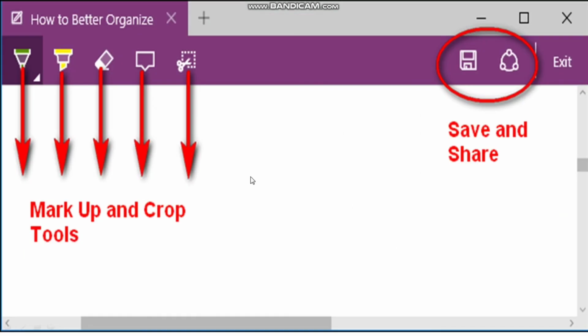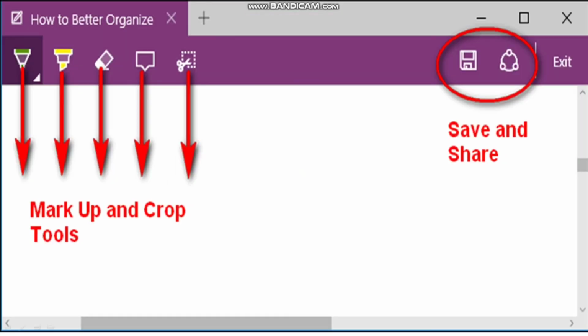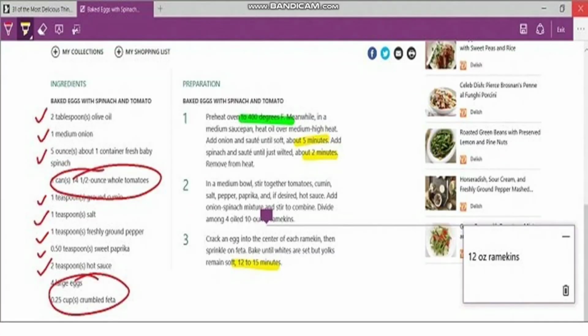After that we have a clip. Clip means we can cut it and get a clip of that web page. Then we have save. This is the save. If you want to save that page, you can click on save, as I have saved this page which you can see, and share. If you want to share this page with any friend or something like that, you can share it from this button. And at last we have the exit. Exit means if you want to close the web note option, we can exit. So these are the options and these are the buttons. It will appear like this, and accordingly we can make the changes from here and then exit it.